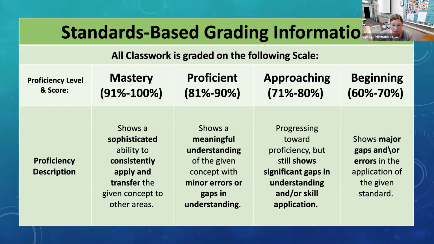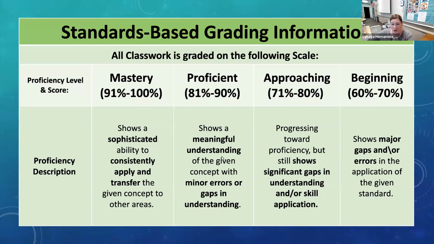But just know that the point system is still based on a mastery scale. So if you're getting between a 91 to 100%, that's a mastery, and so on and so forth, right? So interpret your grades as if you're getting between an 81% or a 90%, you have an understanding of the concept, you did a good job, but you're not mastering the